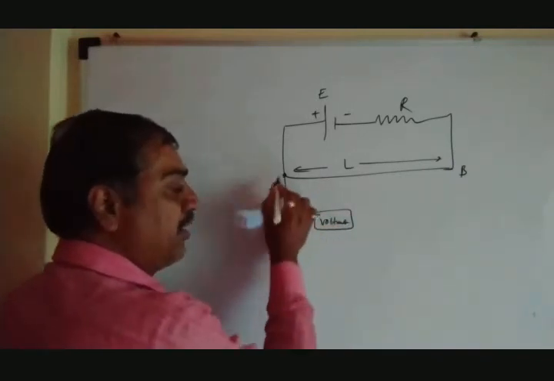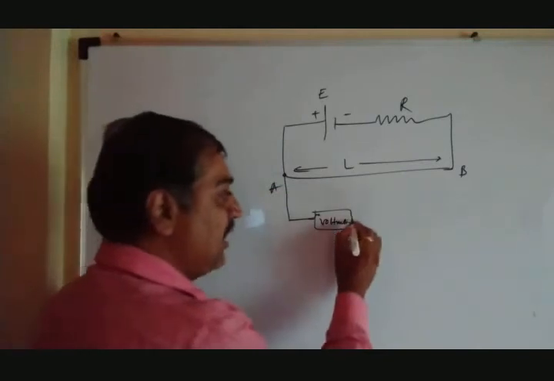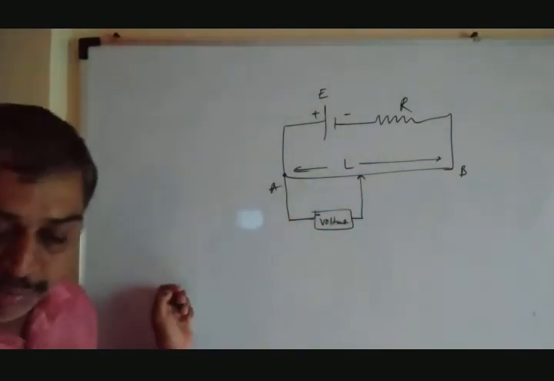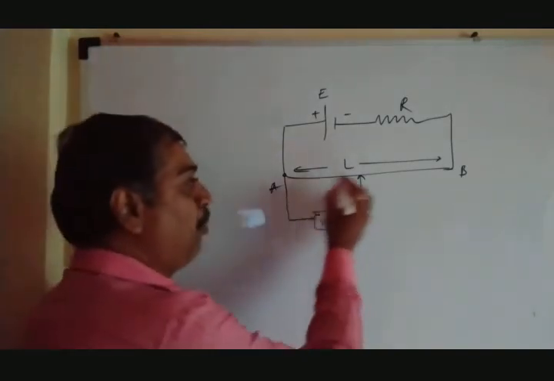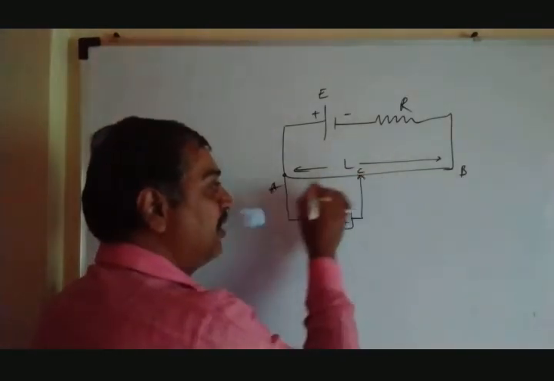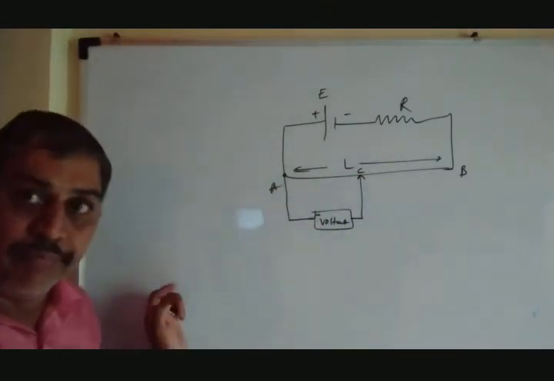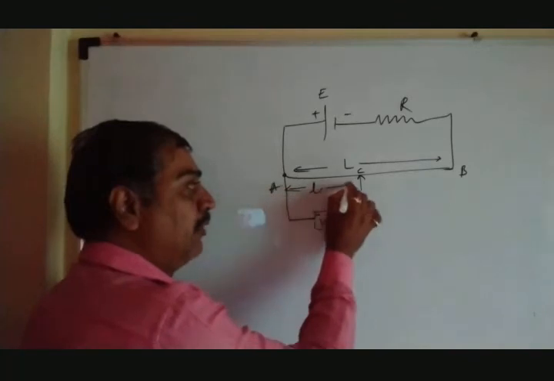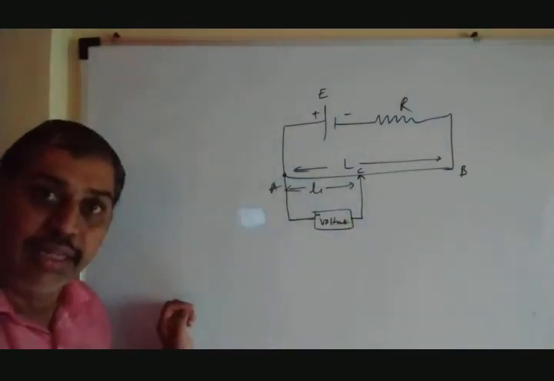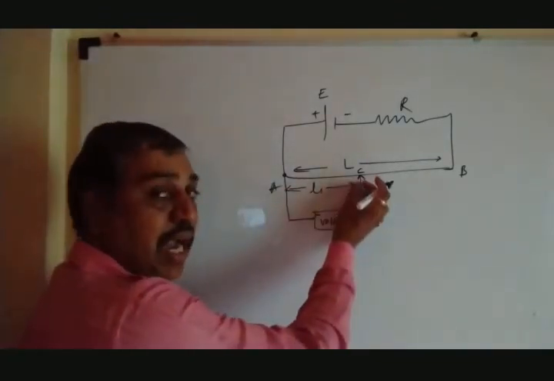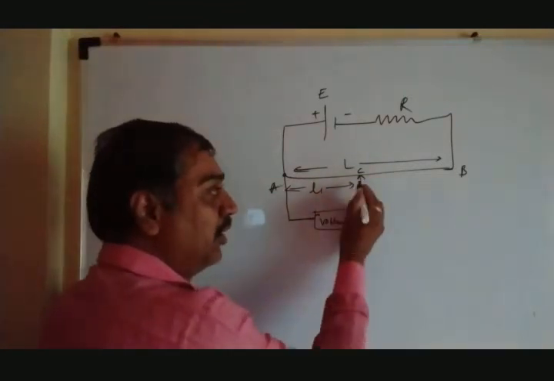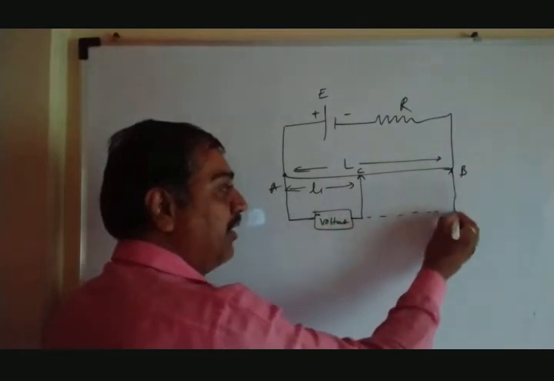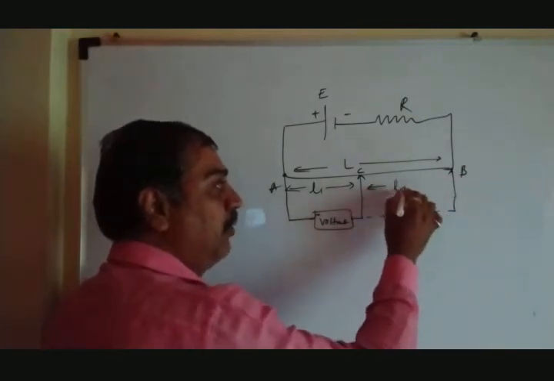One terminal of the voltmeter is connected to point A. Second terminal is suppose connected here. It will show some voltage between these two points. Suppose this is point B, sorry, B is here. Suppose it is C. So AC is the length of the wire, and voltage drop across this is directly proportional to it. So it is suppose L1. So it is directly proportional to L1, and that will give a different voltage. And apart from this, if you go further, just connect it here. Then what we get? The second value of voltage, other than this, because the length gets changed to L2.